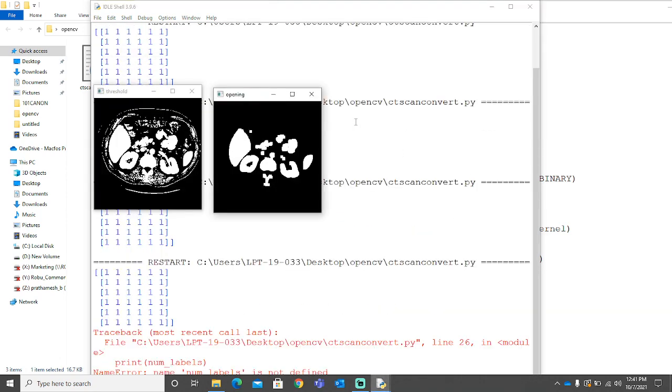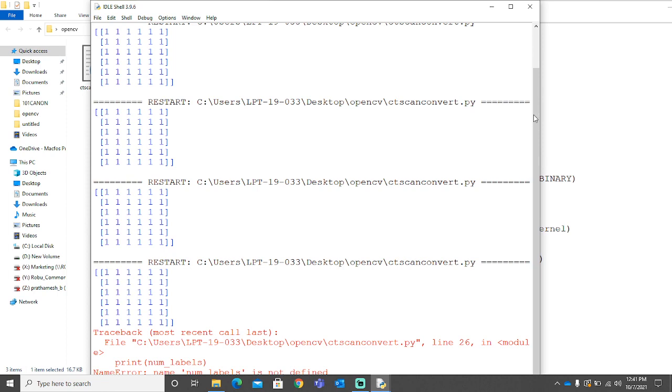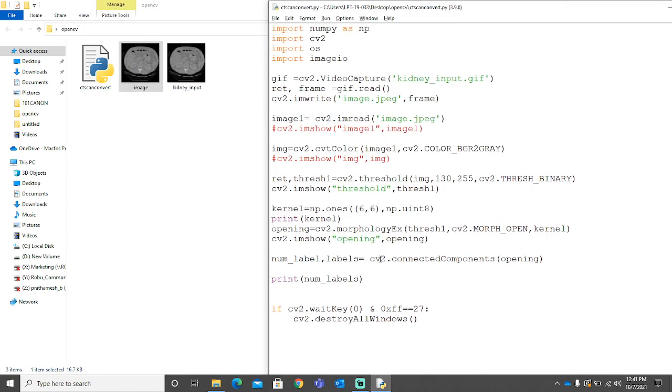Okay. No, did I make a mistake? Let's see. I wrote cv2.connectedComponents, that's good. num_labels, opening, right?